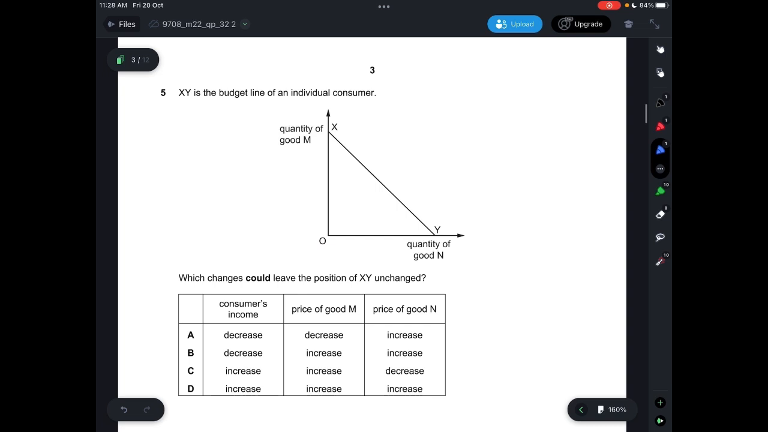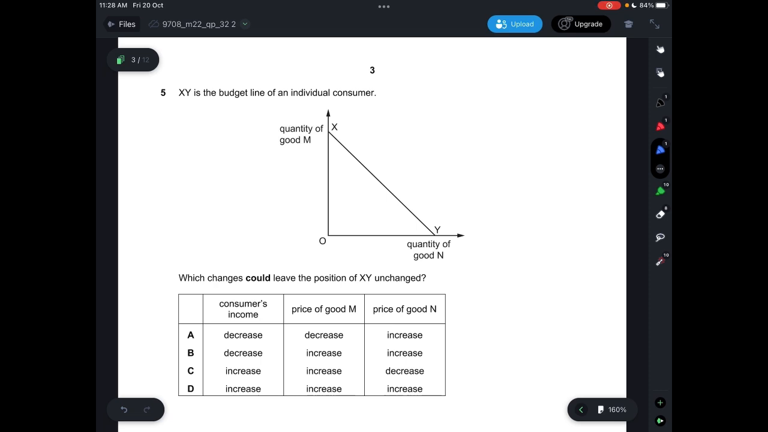Question 5, XY is the budget line of an individual consumer, and which changes could leave the position of XY unchanged. Okay, so basically the budget line represents the maximum combination of two goods that a consumer can buy based on the price of the good and also his or her income. So if let's say the consumer's income were to decrease, if you look at A now, the consumer's income would decrease and the price of good M decrease, and then price of good N increase, then